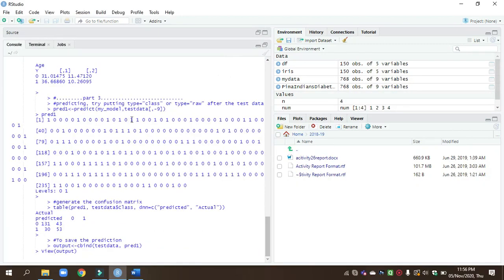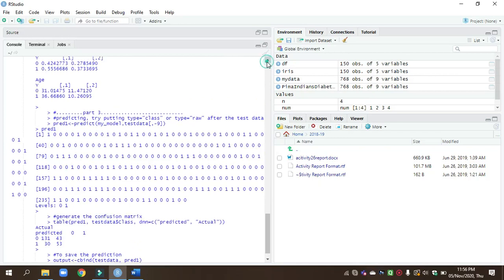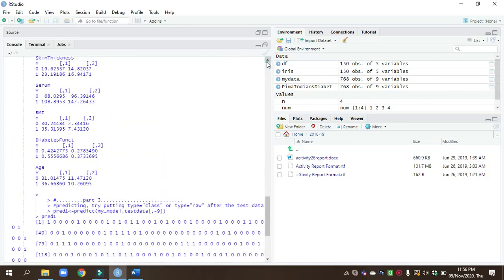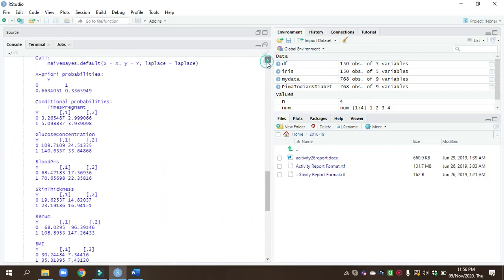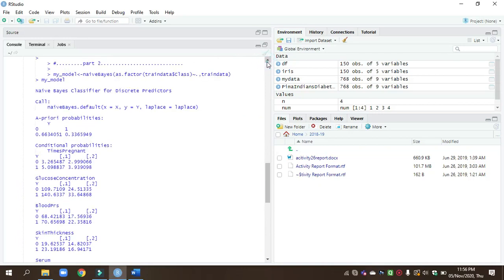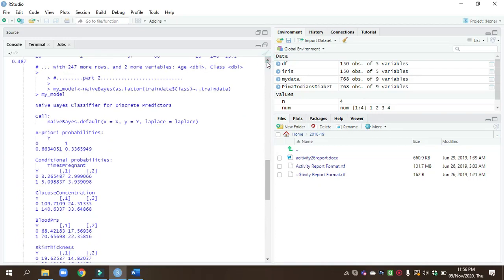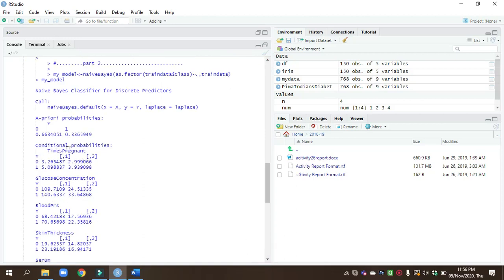Now moving to the second part. Naive Bayes classifier for the discrete predictions. We get this kind of output. In that it calculates the conditional probability for each and every column. First, times pregnant. Second is the glucose concentration.